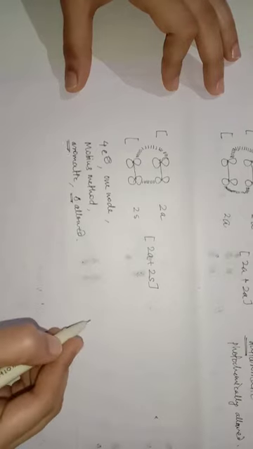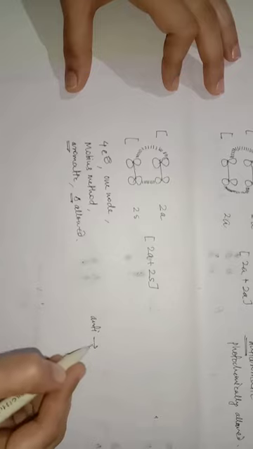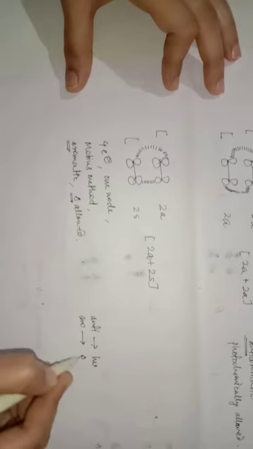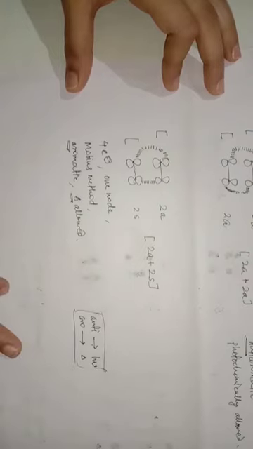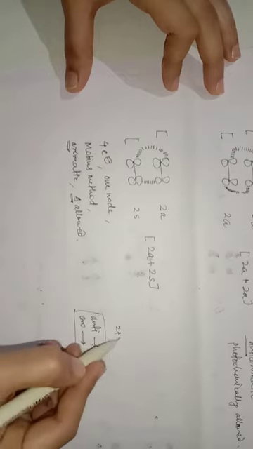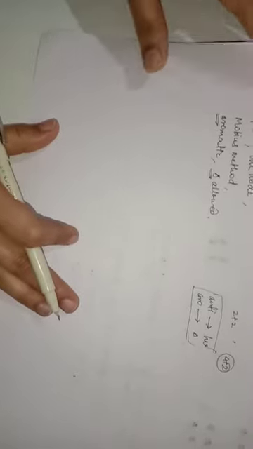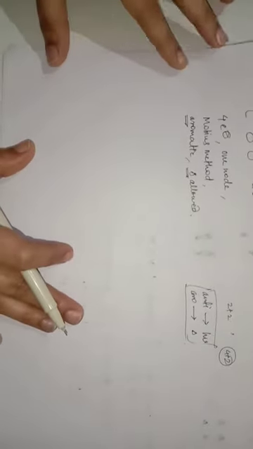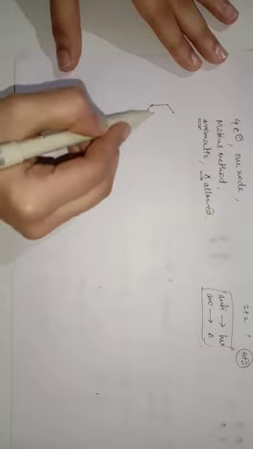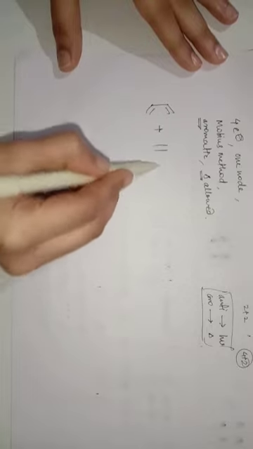If the system is anti-aromatic, then actually it is always allowed by photochemical reaction. If it is aromatic, then it is always allowed by thermal reaction. Just make a note. Okay, this is about Huckel and Mobius method in case of cycloaddition reaction of 2 plus 2. The remaining point is 4 plus 2 cycloaddition reaction. Let's check about that. In case of 4 plus 2 cycloaddition reaction, okay, this is our common reaction, 4 plus 2 cycloaddition reaction.